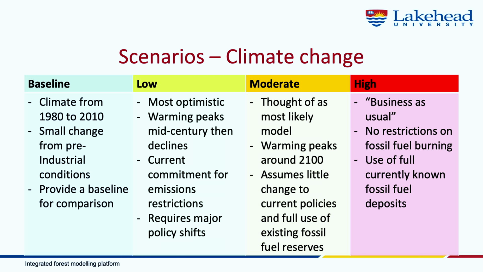Then we look into the scenarios that the IPCC have released. They range in severity. It boils down to the changes in CO2 in the atmosphere, the temperatures that we're expecting, both in ambient air temperature, as well as precipitation changes that will occur across the landscape. I won't read through all of this, but in summary, they boil down to what changes and actions we as a society are willing to take on, and especially what policies the government are willing to enact.